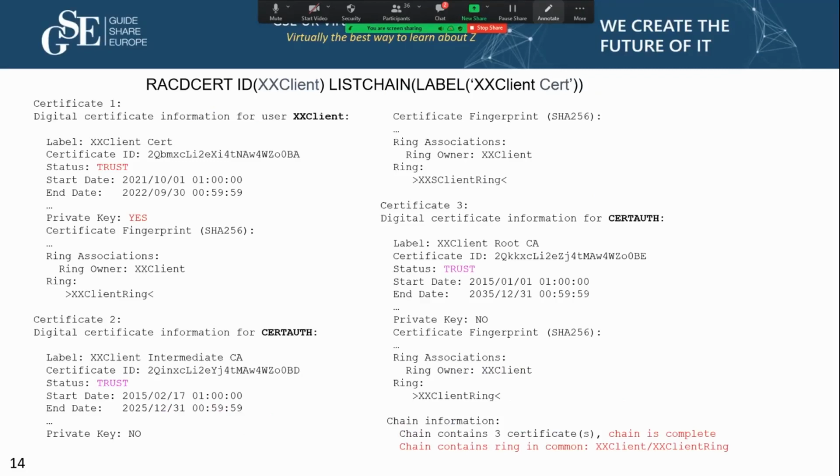From the list ring output, we find out the labels of the certificates in the keyring. The label of the client cert is called xxclient cert. We can make use of that information to perform a list chain on that xxclient cert to find out more information. Like we find out that it has the private key, it has the trust status,